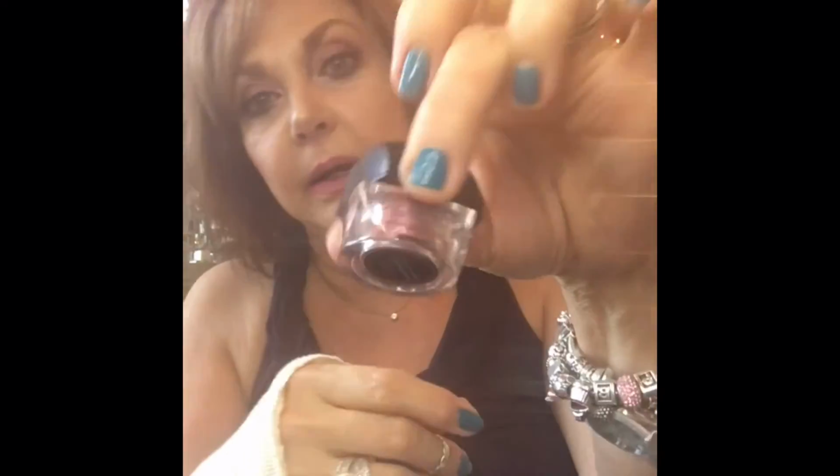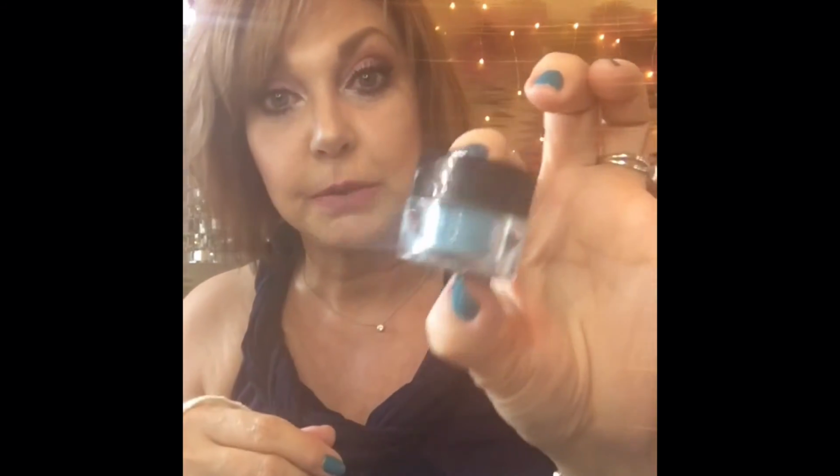I'll tell you what I used. I used blush, I used eyeshadow, I used some pigments, I used this pink pigment right here, which is, of course, Younique. I used this pigment under my eye, which is an aqua. I don't know if you can see that. And then I used,